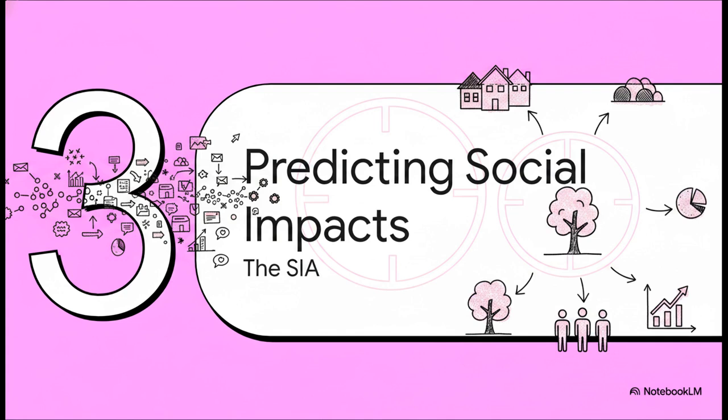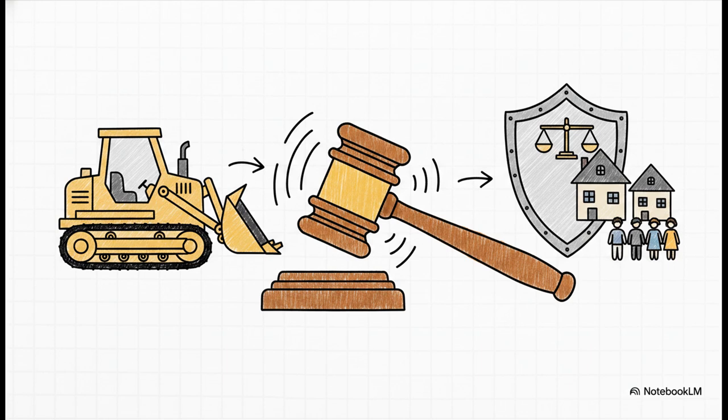Moving right along to Section 3, predicting the social impact, often called the SIA. So how do we translate this massive baseline of data into actual, concrete predictions? Well, once the baseline is locked in, experts shift into the social impact assessment, or SIA, phase. Now, if our project involves acquiring land, say for a massive open-pit mine or a huge new infrastructure corridor, under the 2013 Land Acquisition Act, widely known as the RFCTLARR Act, an SIA isn't just some nice-to-have suggestion. It is a strict, undeniable legal mandate.